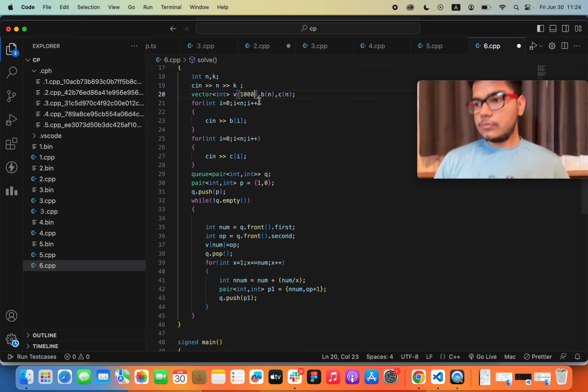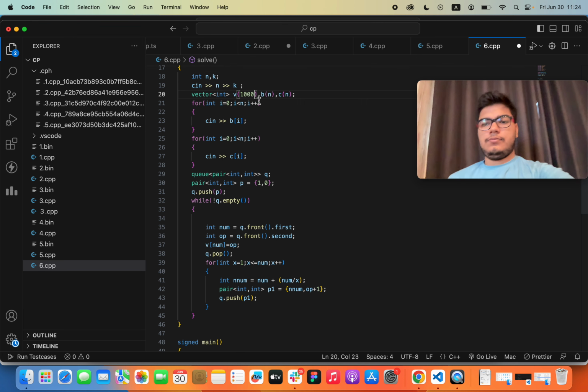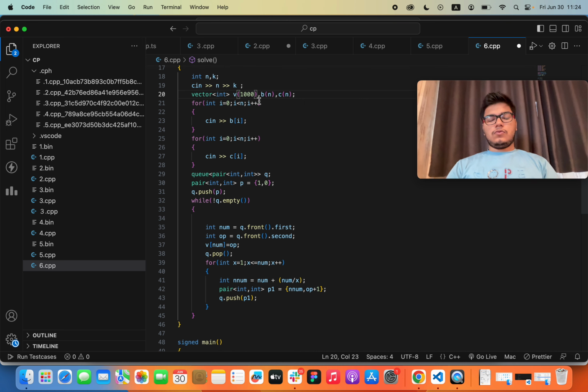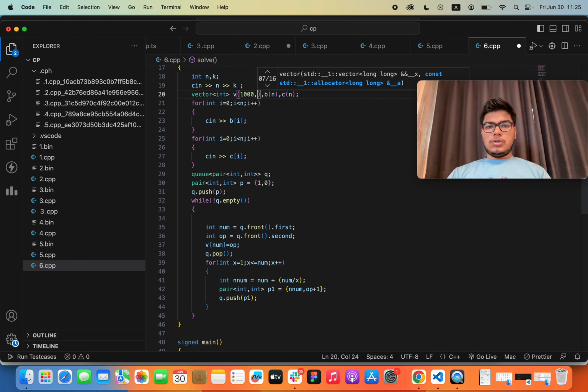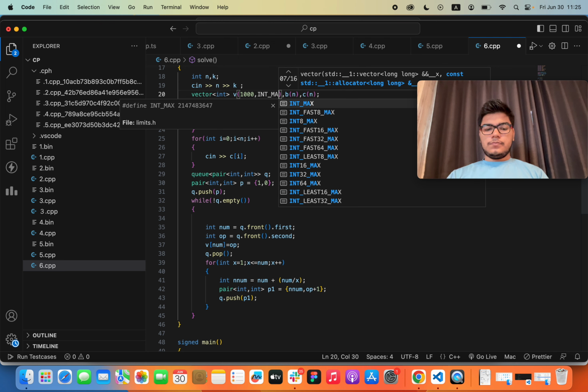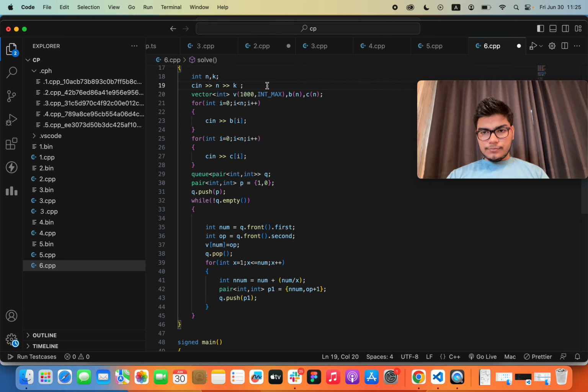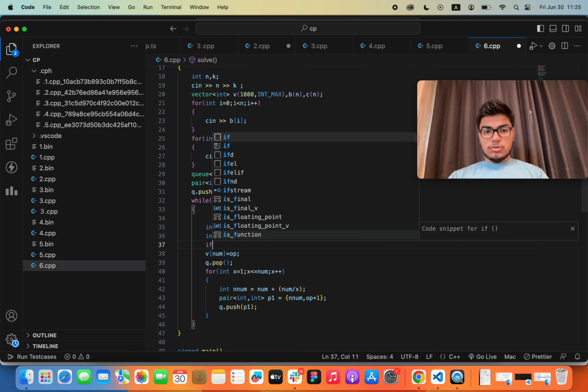So what we can do is let's initialize it with int max, and we will only store if